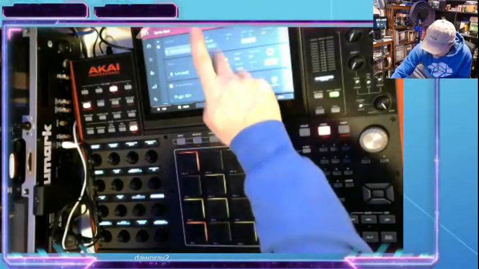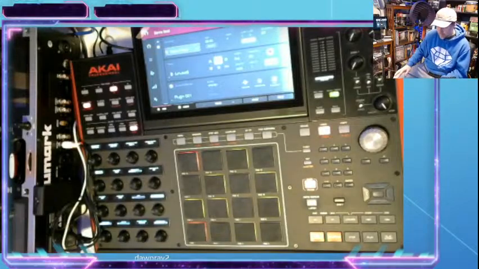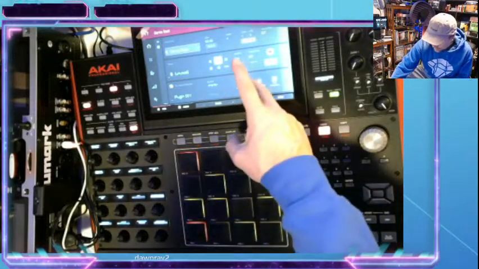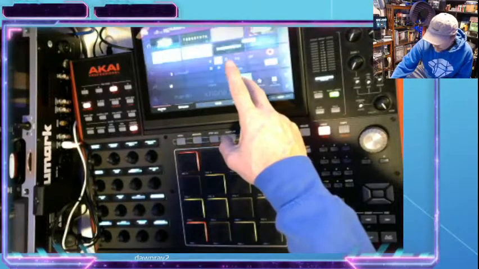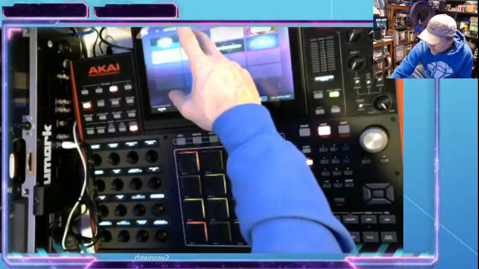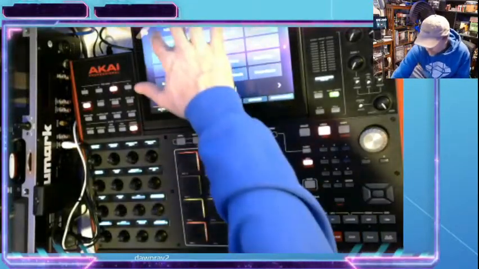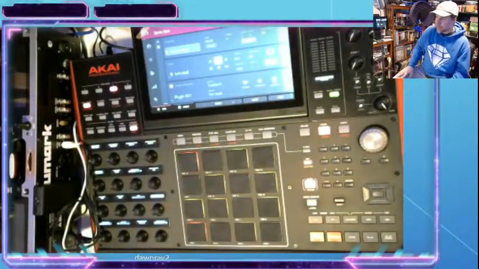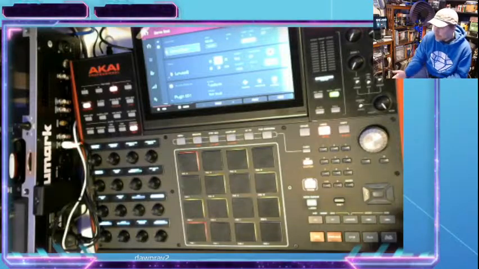Doesn't work when I double tap it. Oh, okay, I see. Double tap plugin tube synth. Oops. I don't think that's what they meant. Okay, so let's go back. Did they mean to do it from